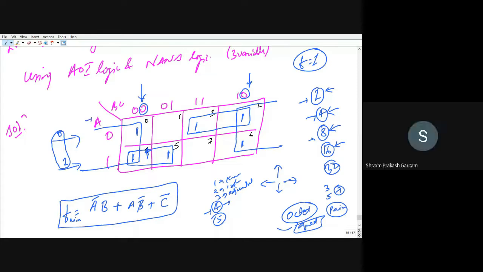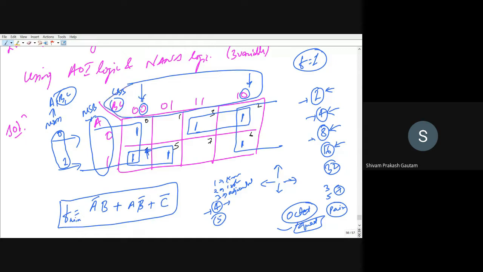How does it signify C? If you write A, B, C, then this A represents MSB, and MSB generally we show it on this side. This we have seen in our previous lecture, and BC are the remaining terms which we show here. So B has higher weightage than C. So C is the least significant bit. When you write, this 0 is coming at last. So what does this mean? It means that it is C. And why C bar? Because C is 0. So that is C bar.